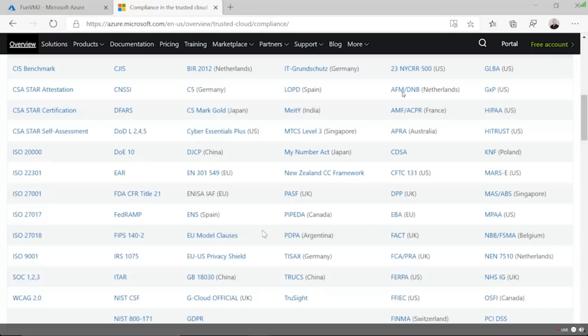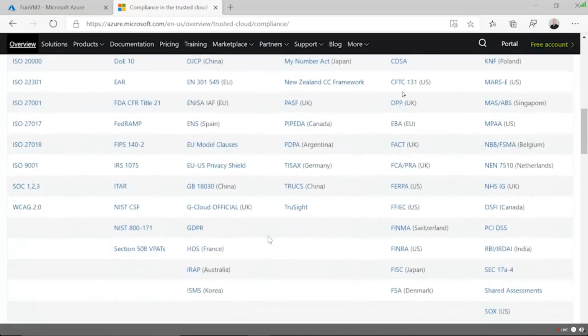The other word of note here is if a new compliancy comes out, Microsoft may or may not have that compliancy on our roadmap, but it takes time to get these compliances. It might take months. If a new compliancy comes out, don't expect Microsoft or really any cloud provider to say, oh, the new compliance came out yesterday, we're going to have it tomorrow. No, that's not how it works inside of here.